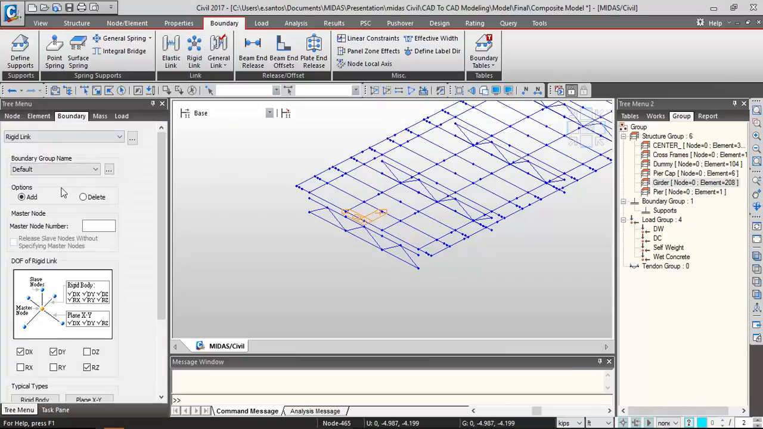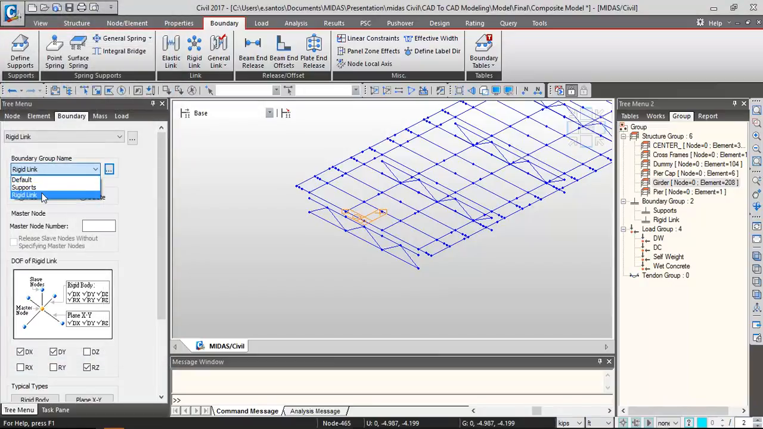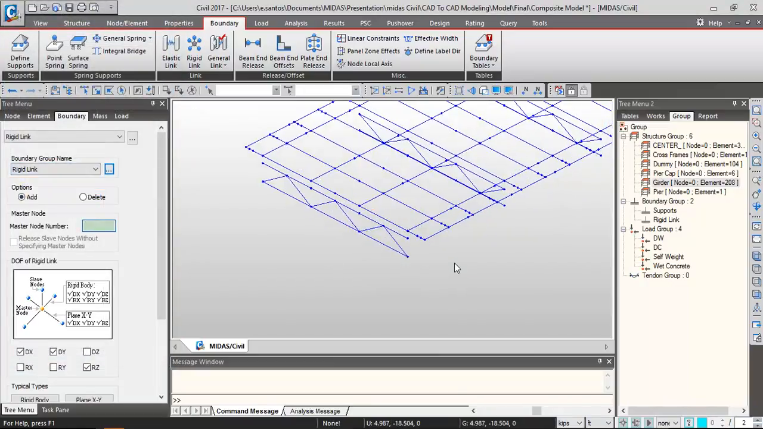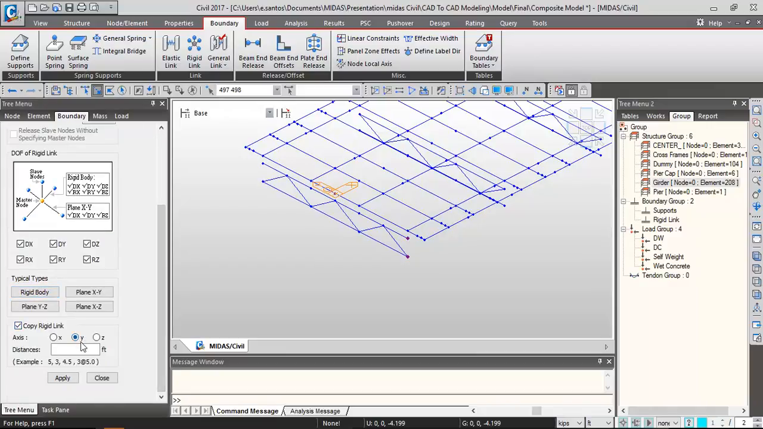We're going to the rigid link. We're also going to assign this into the rigid link group. In this case, let's select a master node, which will be this one right here, and we select the slave nodes, which will be these two right here. We're going to do a rigid body type of connection, and we're going to copy these in the following